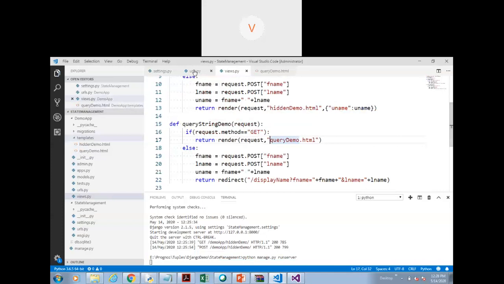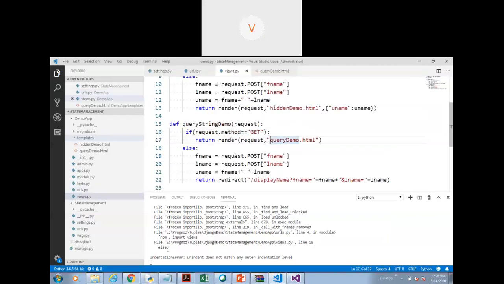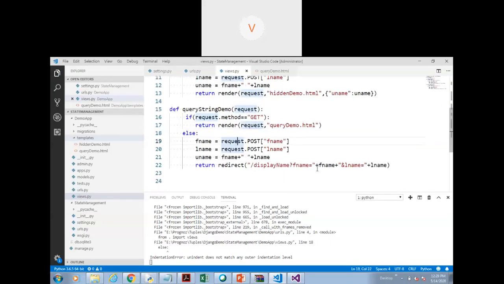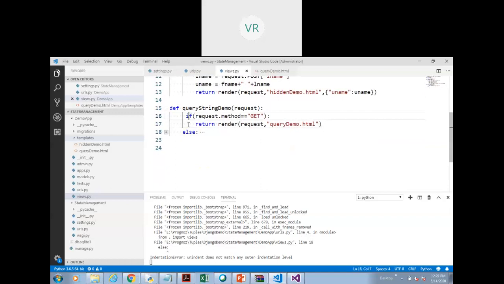Oh, I need to make the entry in the URL section also. So let's refer to query demo. Oh, an indentation mistake is there. Line number 18. Okay, this if is misplaced actually.